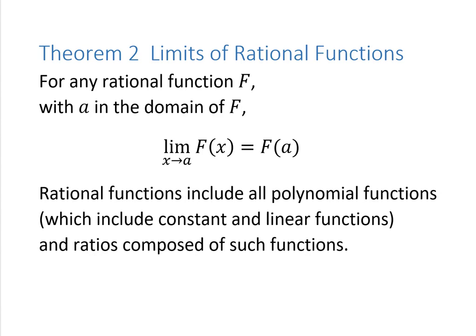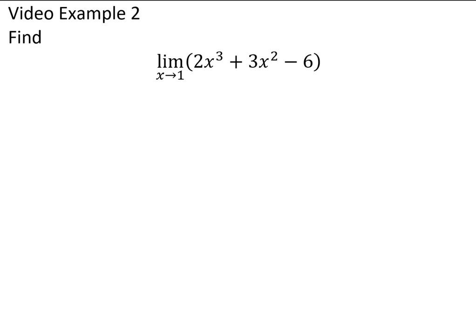So let's go ahead and do another problem similar to the first, but using this as our rule instead. If we're asked to find the limit of this polynomial function 2x cubed plus 3x squared minus 6, we first recognize that this is a polynomial which falls under the heading of rational functions, and that the domain should be all real numbers, so as x approaches 1, 1 is within the domain. Therefore, we can use this rule, and we can just say, what happens when I plug 1 into